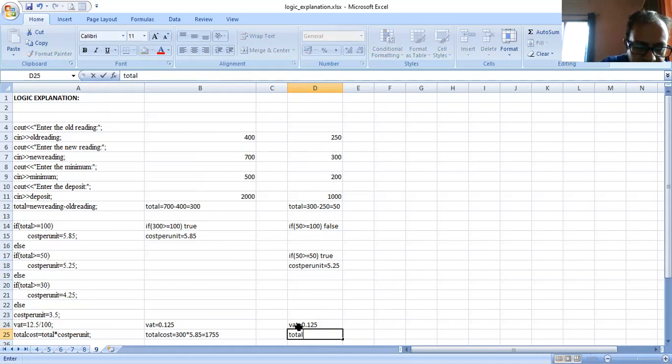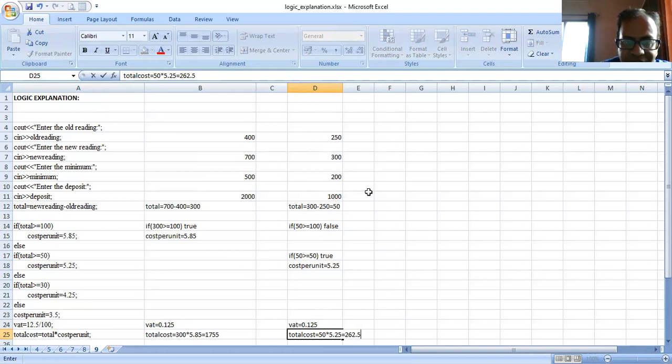Now it will calculate the total cost. So total cost is equal to total units, 50, into cost per unit, which is 5.25. If I multiply 50 into 5.25, I'll get the answer 262.5.